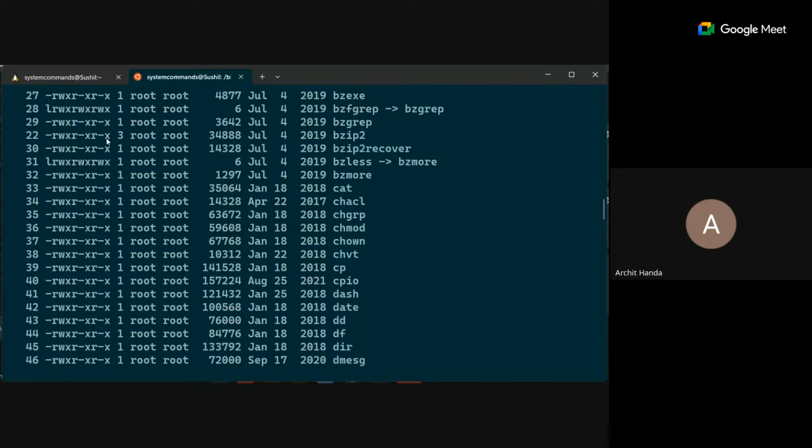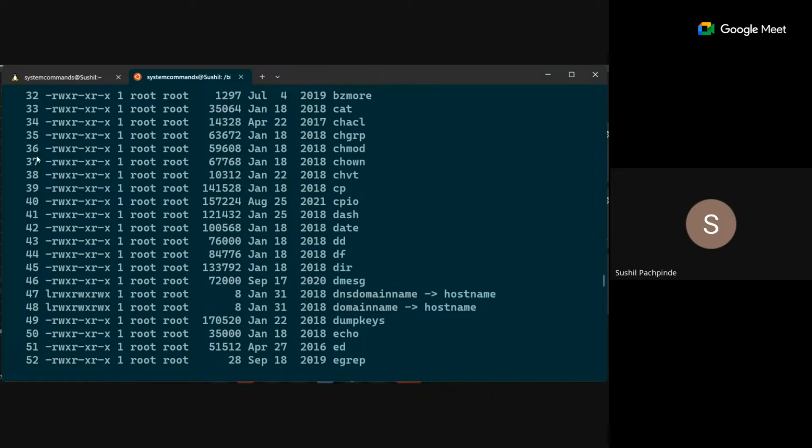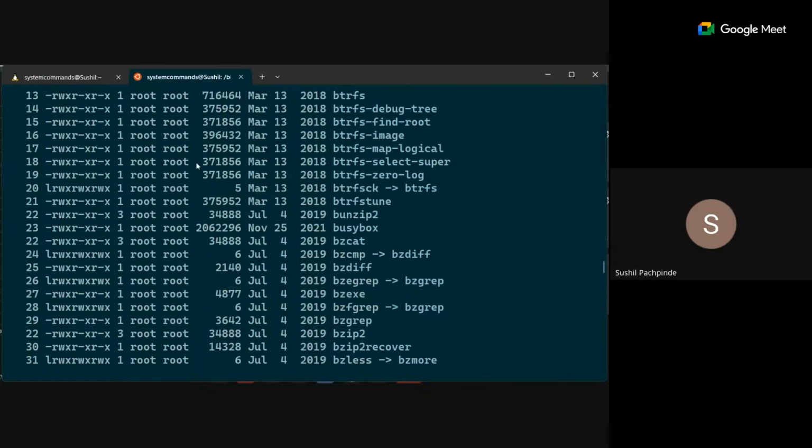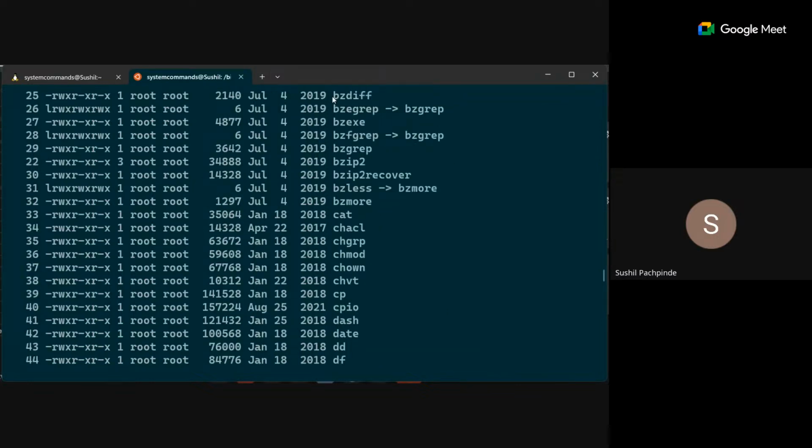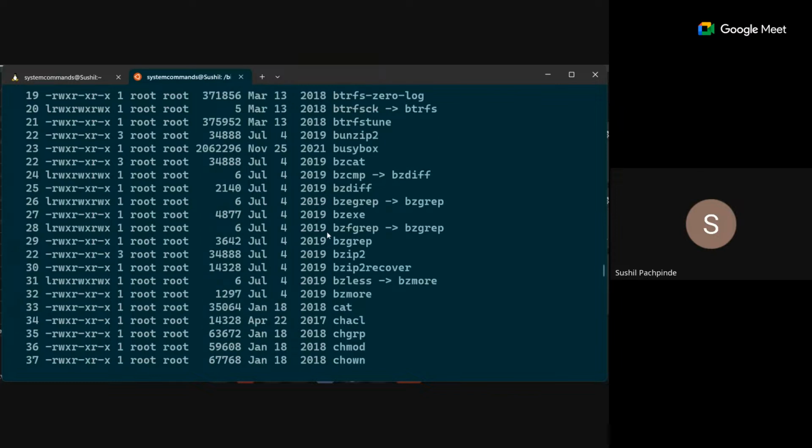No, we are in the bin directory. So ls -li, we already know that the bzip file has two hard links. Where did it go? It has two links actually. So bzip, yeah. Where was it? 22. Sir, number